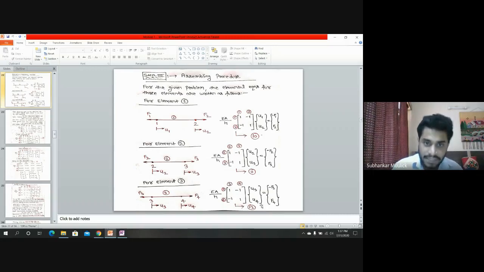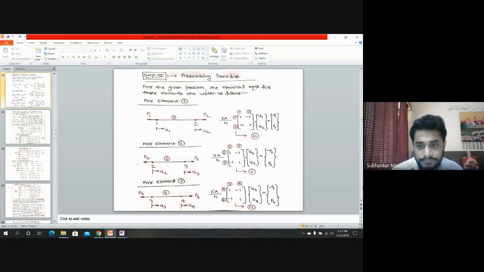Fine. So let us write down now. Let us write down the global. See, this is known as the local stiffness matrix equation. Local means for each and every element if you are writing. Global means for element number 1, if you are writing the same equation number 10, considering all the nodal points, that means considering all the rows and all the columns of the matrix, that will be the global system of equation for element number 1.